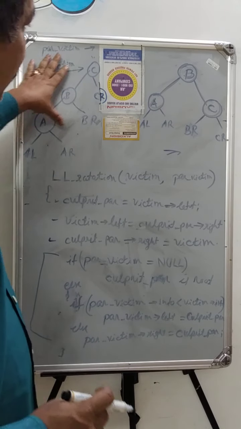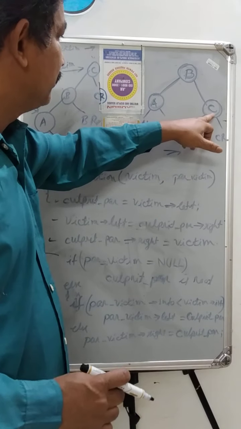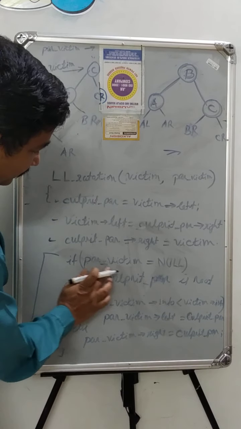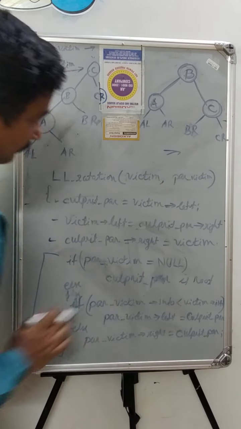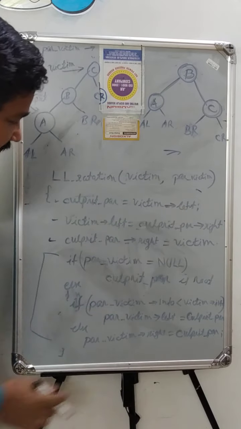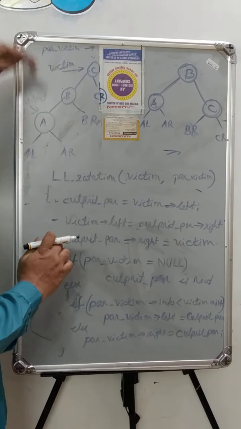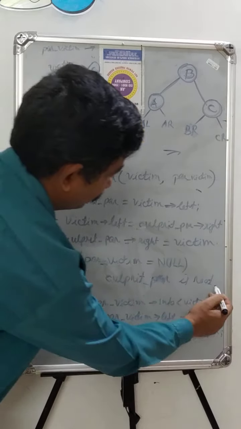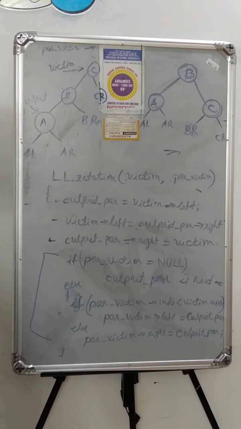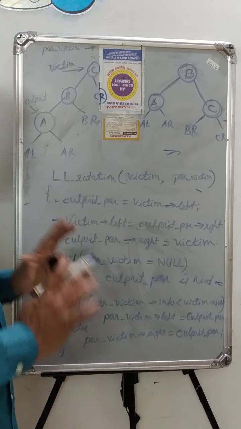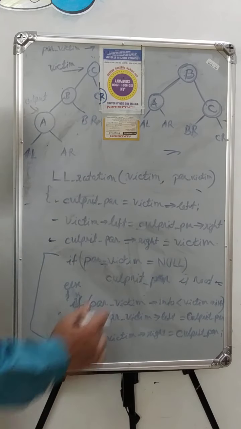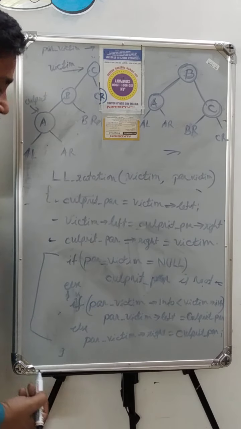So after the balancing, B should come to the position of the root node, and this is indicated here. If the parent of the victim node is equal to null, the parent of the victim we have sent as a parameter here. It is already calculated while the balance factors were computed. Culprit's parent is root, you declare this. Based on the implementation, different notations are to be used, whether you are passing by reference or otherwise, some activities are to be done here. Practically, the meaning is that the root is to be set.